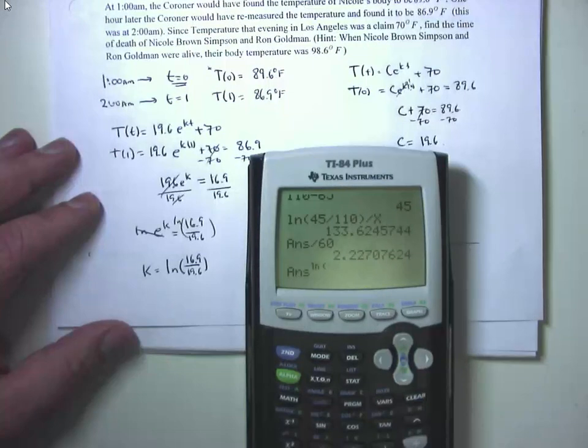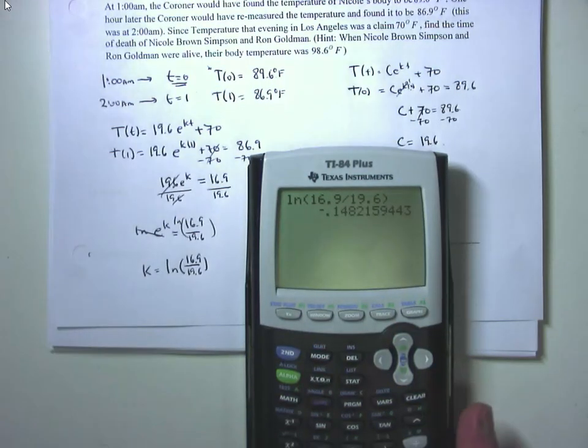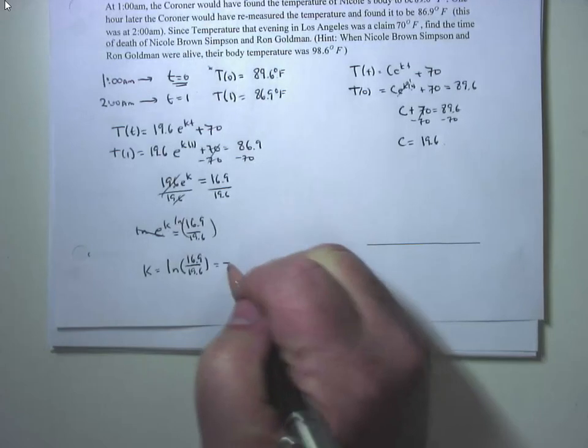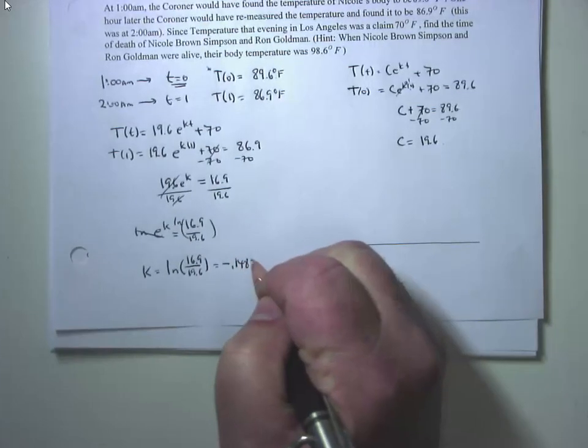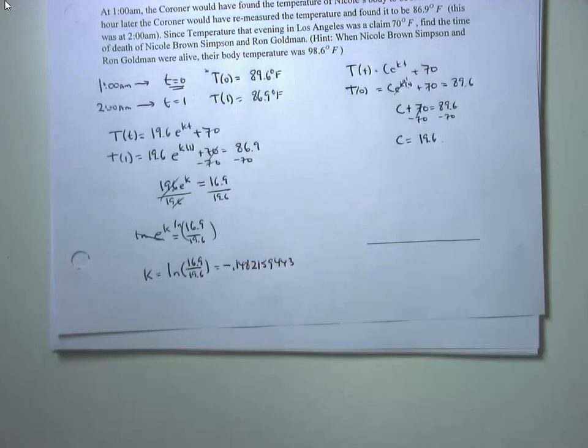Natural log of 16.9 divided by 19.6 is, and what's happening to the body temperature? The body temperature is going down because remember the surrounding temperature is 70 degrees, so I'm expecting to be negative. I got a negative 0.1482159443, which means